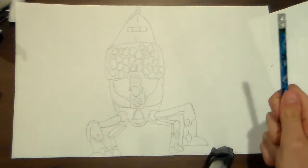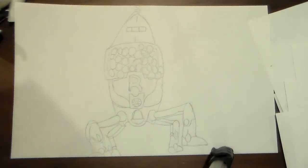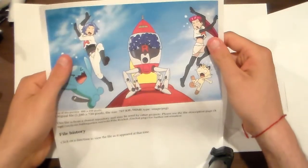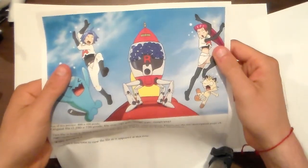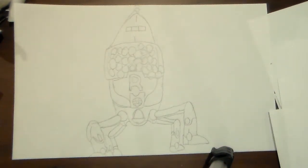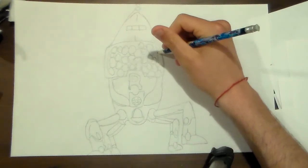Wait. I know what you're thinking. You guys don't think this looks familiar? Well, here's a picture of what it really looks like. See this? This is the Rocket Gatchat. I know it doesn't look much like the machine in the background, but